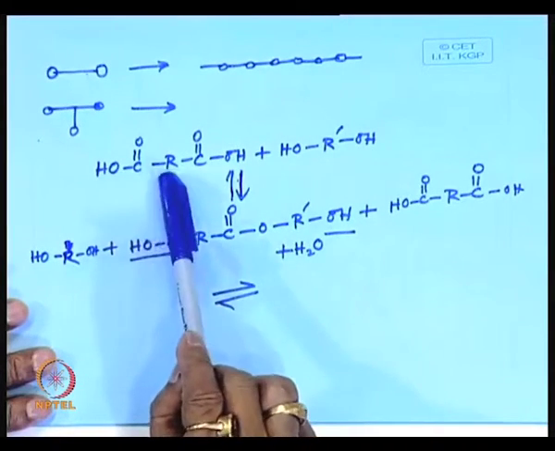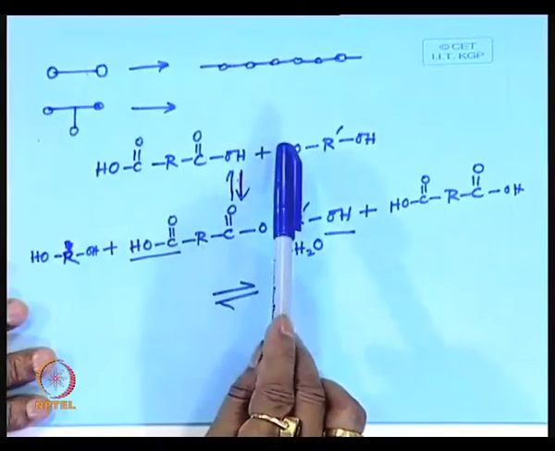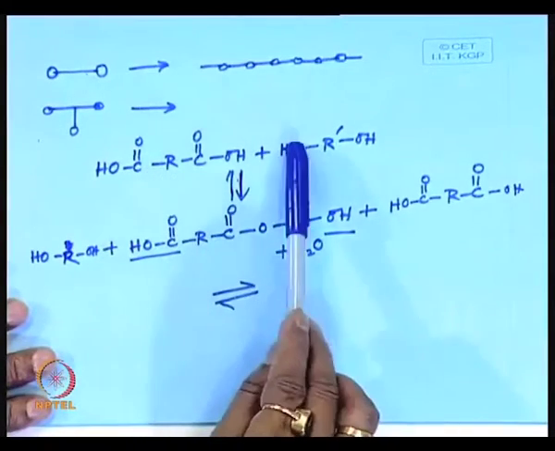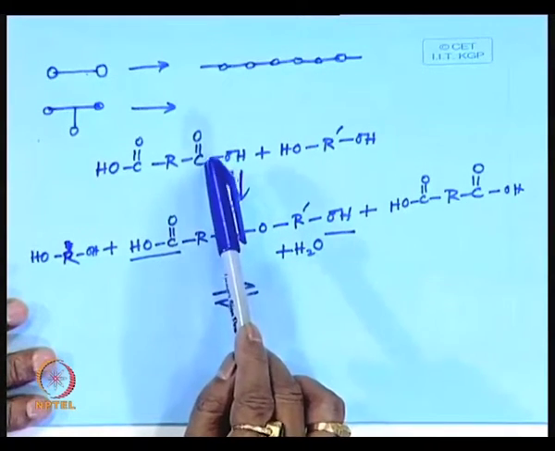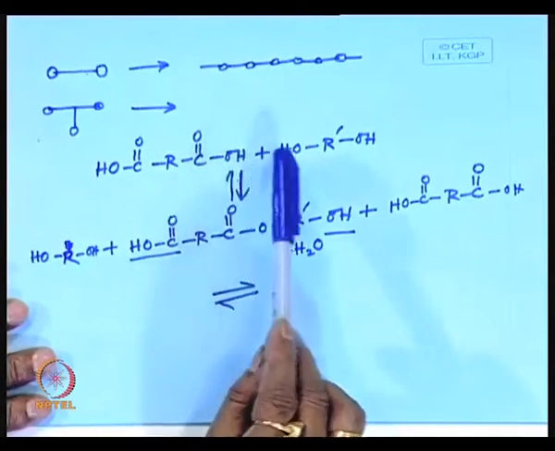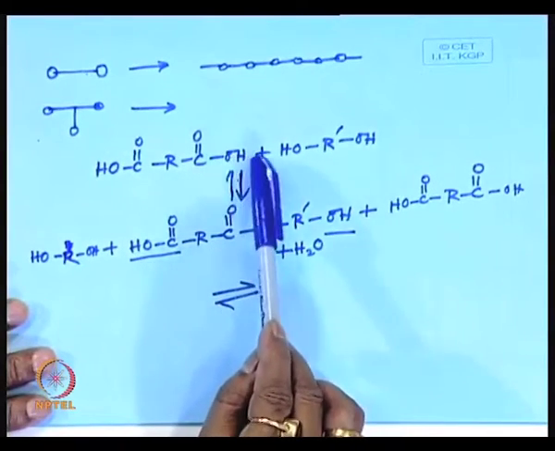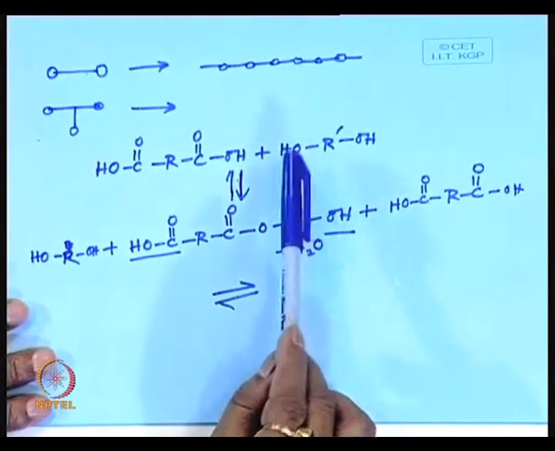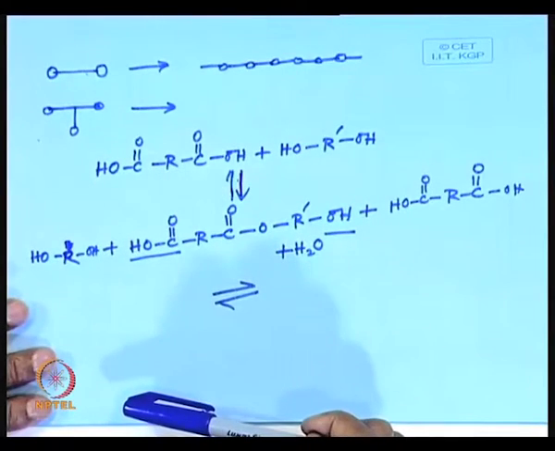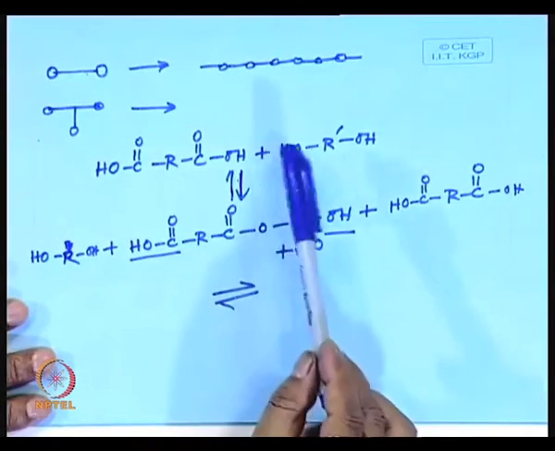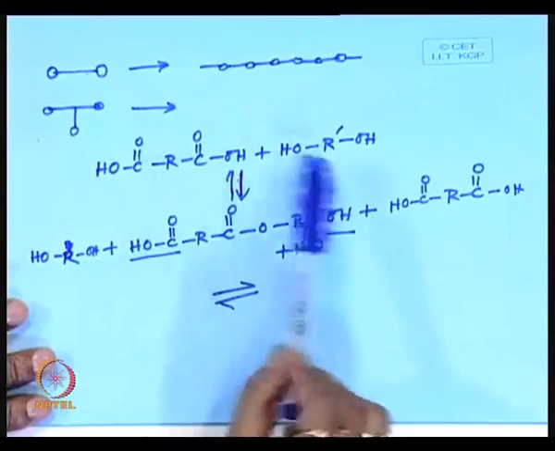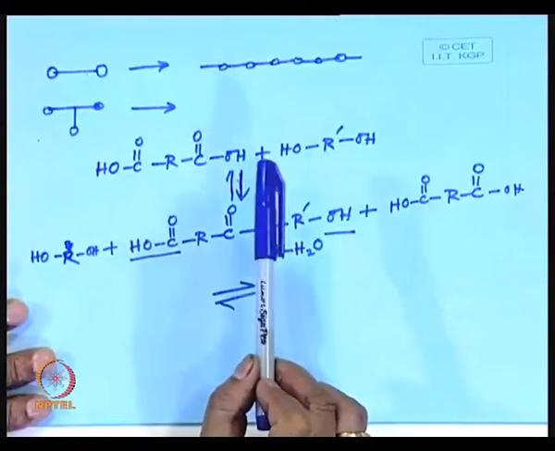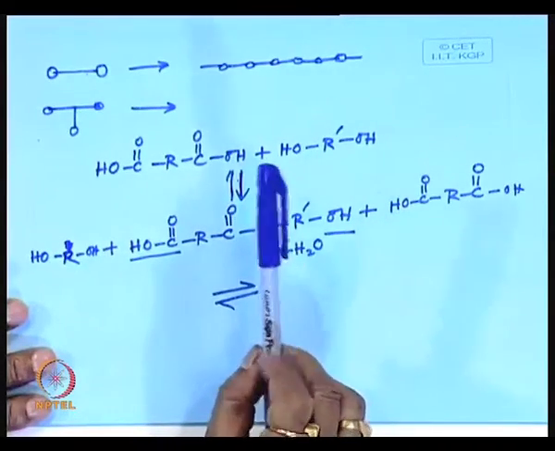So, there is no strict control of the mole ratio of these two reactants. This ratio is called stoichiometric ratio, stoichiometry between the reactants. This is a problem in condensation polymerization. What will happen? You will see later. If there is some impurity or if there is some mistake during weighing of these two reactants, then you may not get a polymer of high molecular weight.